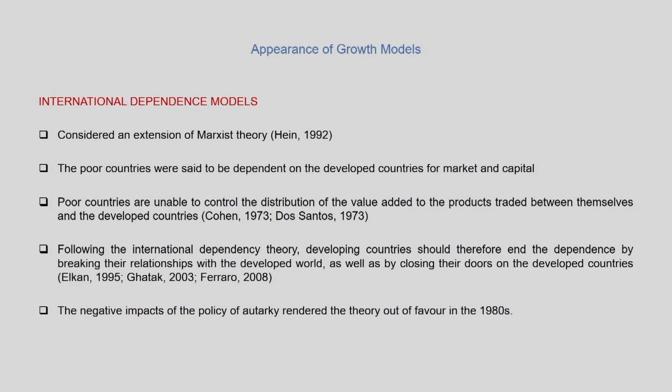And these models had gained increasing support among the developing countries because of the limited results of stages and structural change models. And the proposal was that the underdeveloped countries or the developing countries should break away from the dominance of the developed countries by bringing about structural changes in the world economic order, by bringing about changes in the economic and political structures of the core and the periphery,